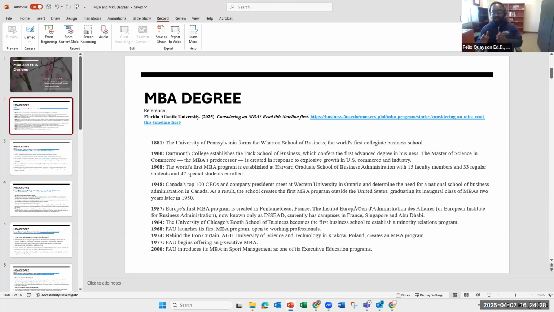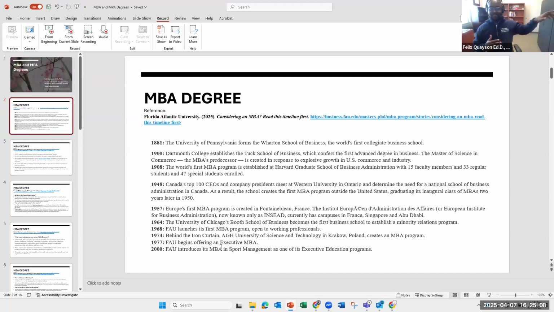Now, the MBA was created by Harvard Graduate School of Business. And we will get into how they ended up creating the MBA degree. So the Master of Science in Commerce, which was the degree being conferred by Dartmouth College, was created in response to explosive growth in U.S. commerce and industry. Now, a couple of years, 8 years, within the same decade, 8 years,